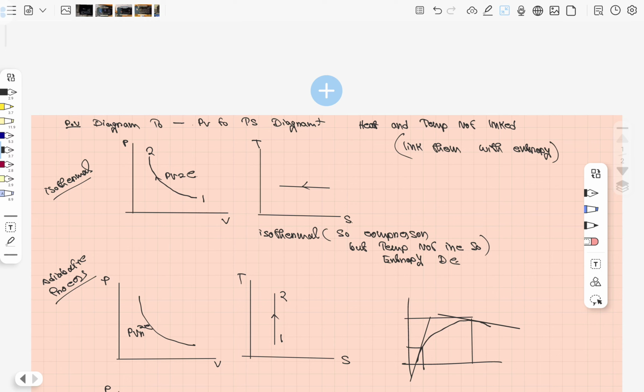Let's make a video about the whole process, how PV diagrams and TS diagrams are linked. That is very important to understand. The missing thing I would like to start off with is that heat and temperature, these two quantities